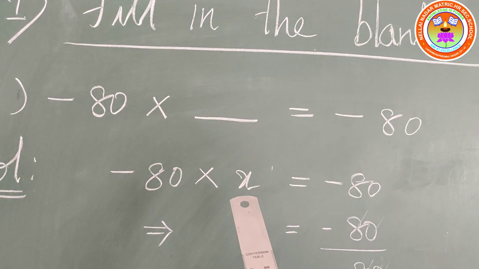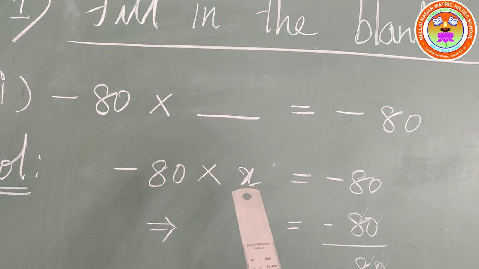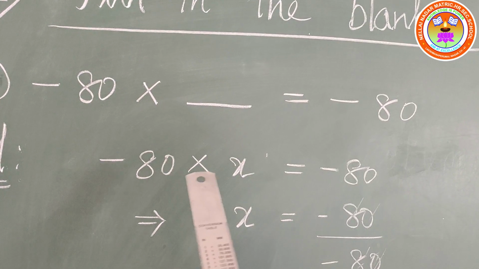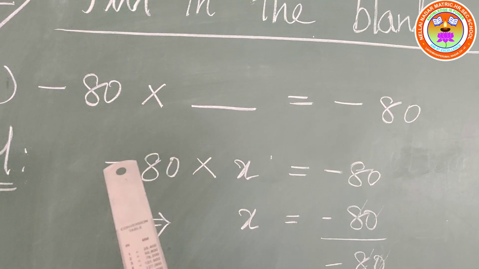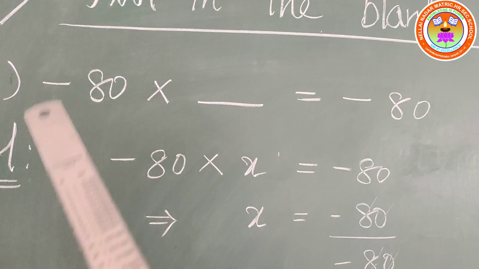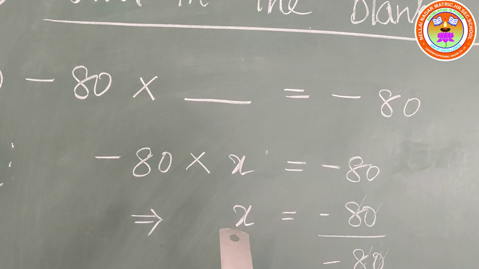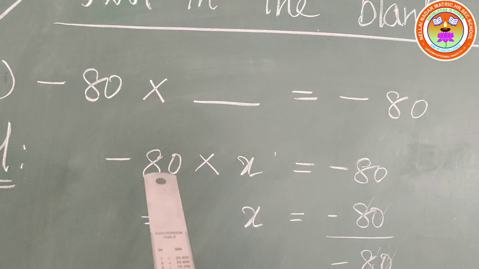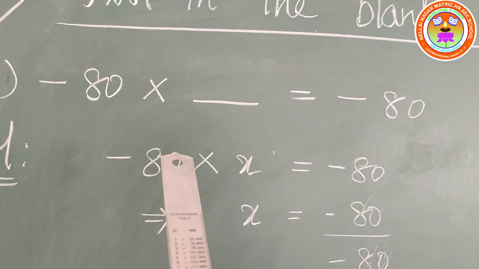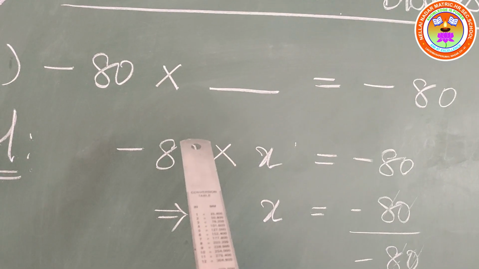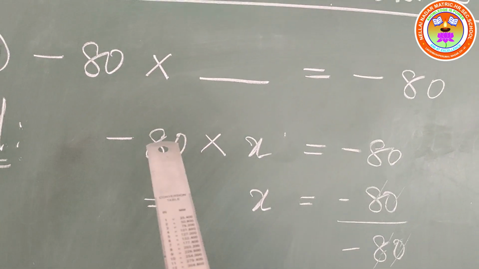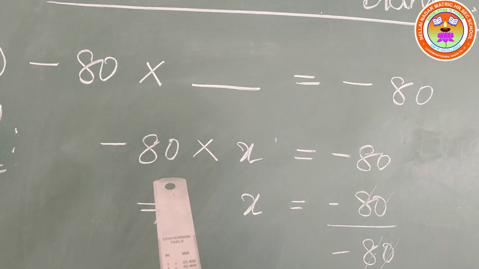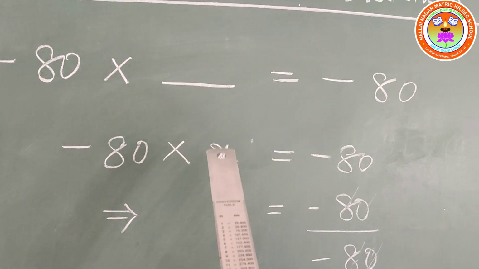Yes, now already we have done similar problems in subtraction of integers. Do you remember what we did? Instead of here, suppose there was a plus or minus symbol, we transpose this number to the other side to find out the x value. Yes, the similar way we are going to transpose this minus 80 to the other side. But what is the symbol over here? So here if it is a multiplication symbol, when transposing the number to the right hand side of the equation, it becomes division. Okay, so that is what I have written.